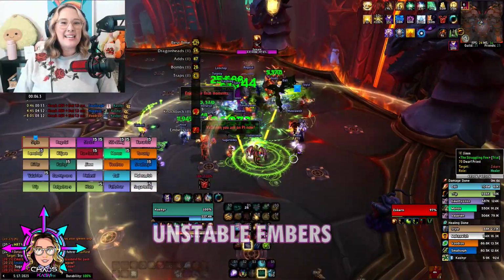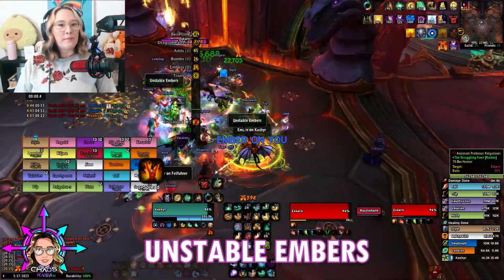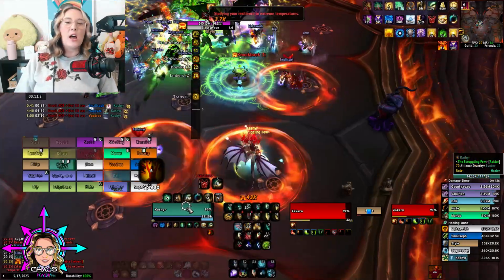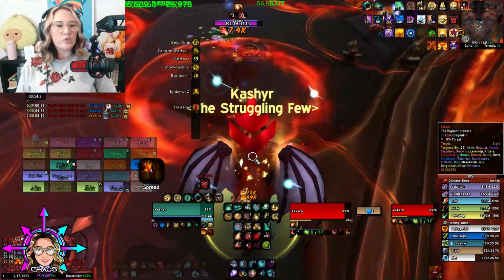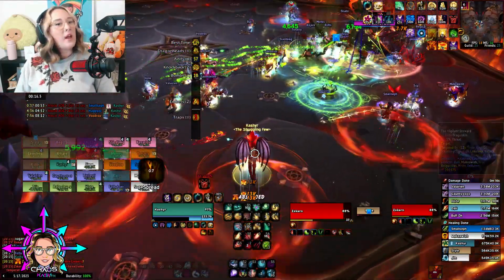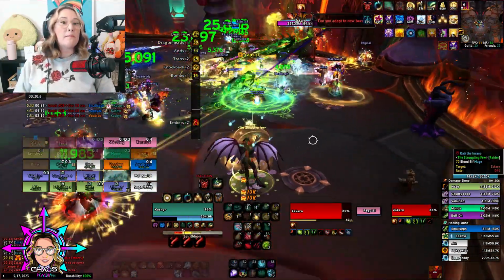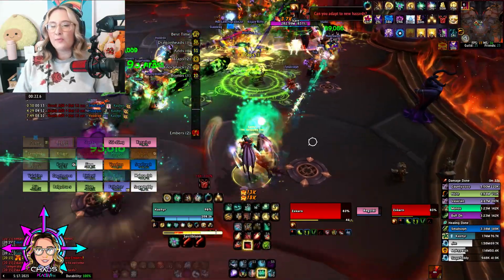Unstable Embers is a 10-second dot on a few players marked by a circle. They take damage. Standing in the circle damages you. I am going to give this one a sound alert though, just the banana peel sound alert, and normally I wouldn't bother. It's not a particularly scary ability, but there is a mythic mechanic attached to it, which is called